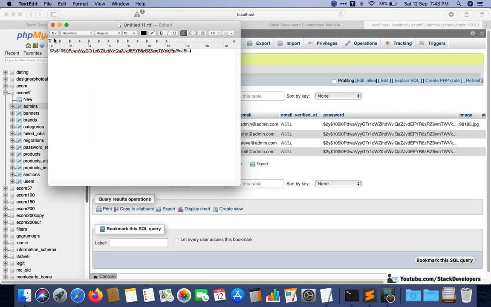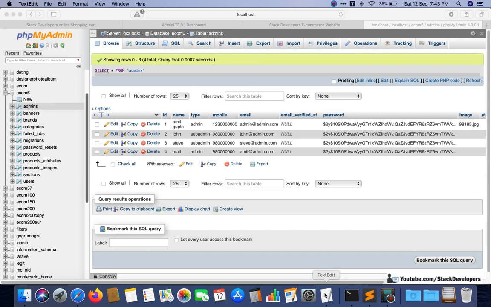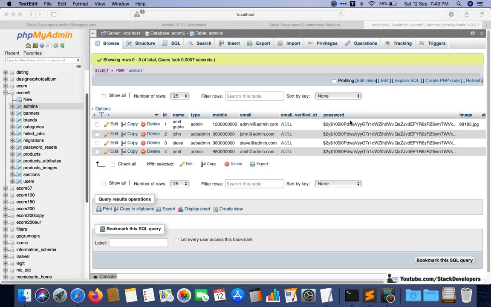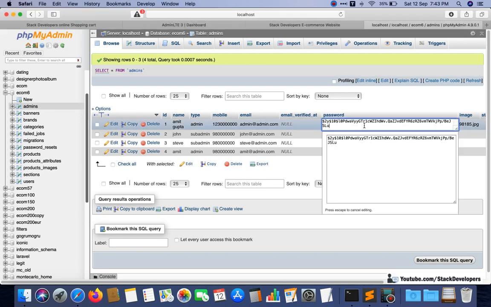I'm going to save it with the name password, admin password. And if any time I forgot the admin password, then I will check that I will update for admin@admin.com email, and I will reset its password from here.